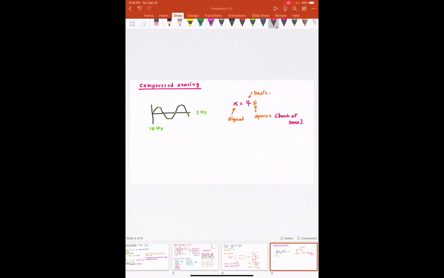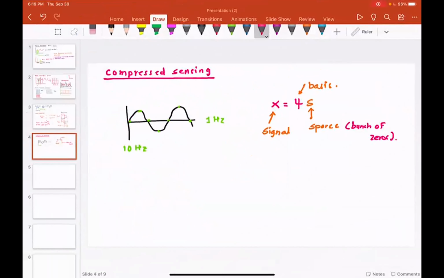If I choose an appropriate basis vector. Now, what do I mean by appropriate basis vector? Some classical examples of the basis vector are a wavelet basis or a Fourier basis. If I choose a proper basis vector, then I can transform this signal into something called a very sparse vector. That means a vector with a bunch of zeros. And when you have a vector with a bunch of zeros, you can throw away the zeros, just retain the information, transmit that information, and use that data for reconstruction.